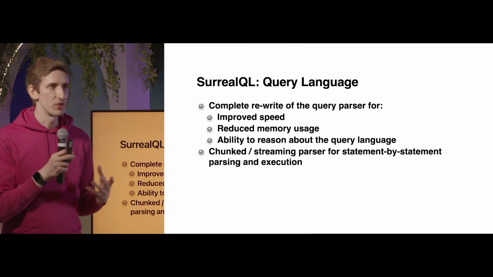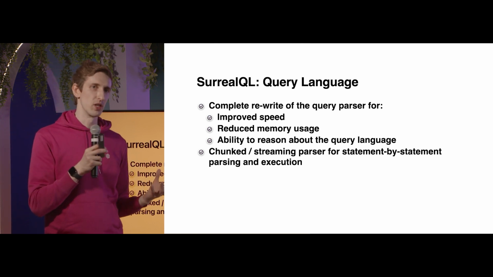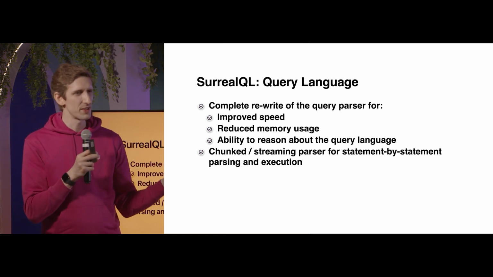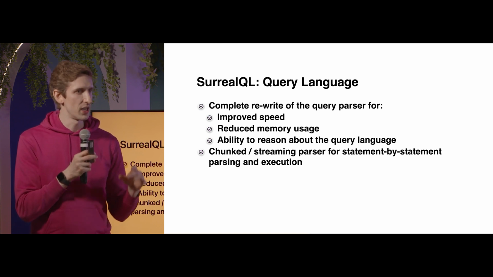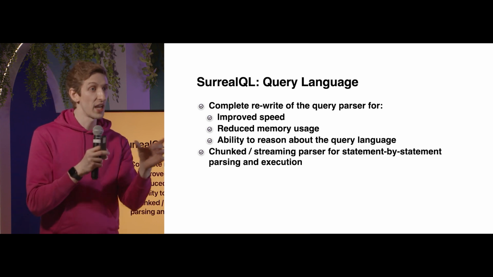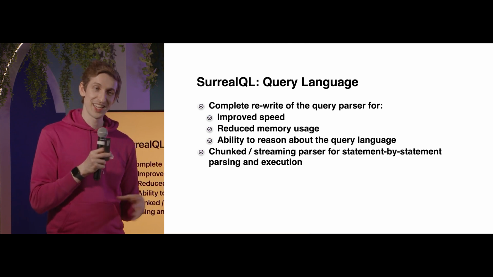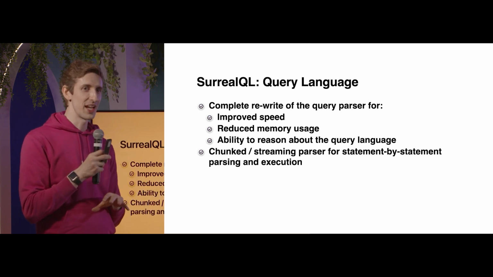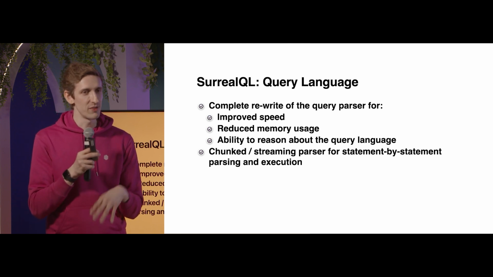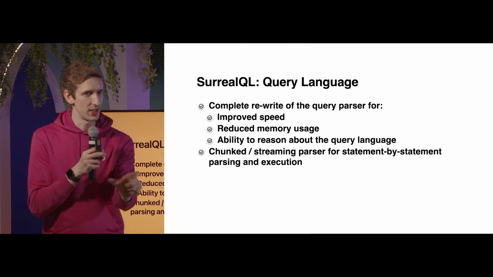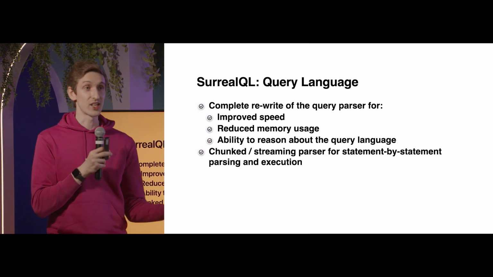So at the moment, SurrealQL is really flexible. If you look at other databases, you have the concept of keywords. So where, for instance, or and, or, they're specific keywords. In SurrealDB, there are no keywords. A keyword is only a keyword if it's expected at that position in the query. So because of that, you get incredible flexibility.